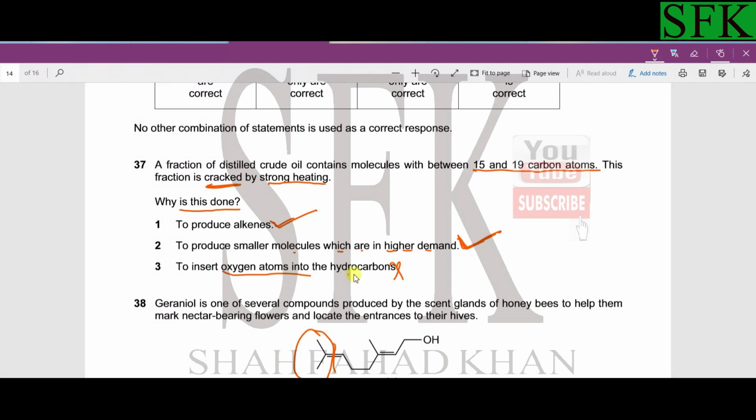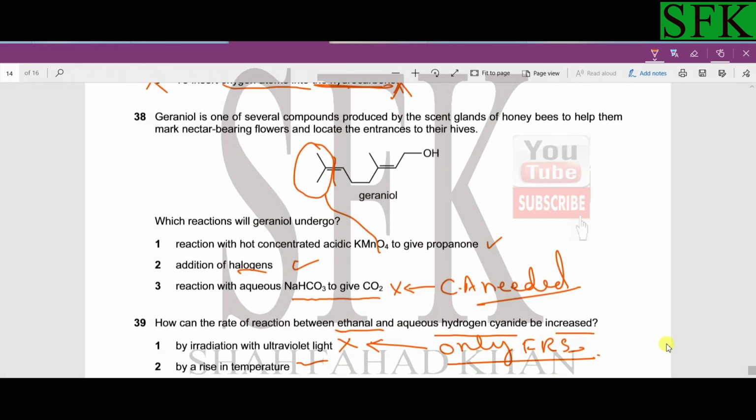To insert oxygen compounds into hydrocarbons? No, we do not do cracking to insert oxygen compounds. Cracking, by definition, is a process in which larger molecules are broken down into smaller molecules, because the smaller molecules are in higher demand. It has nothing to do with oxygen addition to hydrocarbons. All right, now